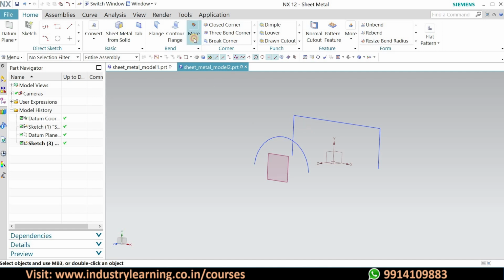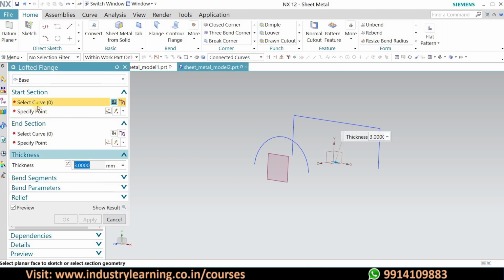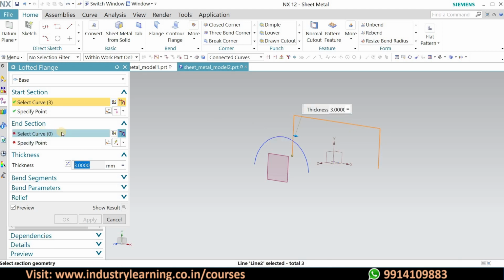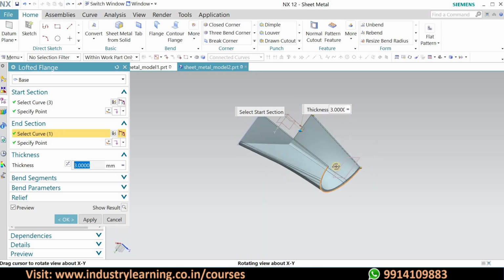So for that we have to go under More and then click on Lofted Planes, and we have to select two curves, the same procedure as earlier. But in this condition we will not click here, rather we will click just on the yellow strip, and we will click on one curve. Next we will click on this blue strip. As you see, this knot has been selected, so we will click here, and now we will select the second curve, and just after clicking you can see the lofted planes has been implemented here.